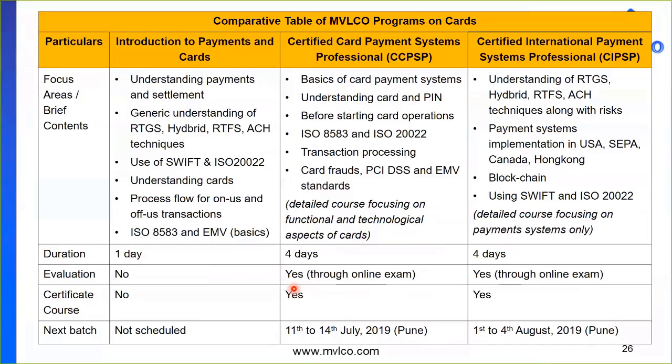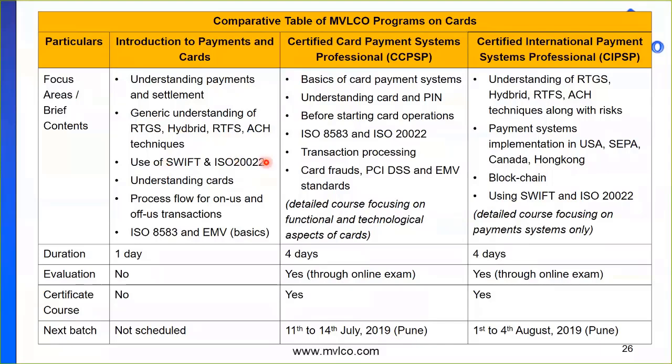So the first one is Introduction to Payments and Cards. It is essentially a one-day program. I believe some of you have already attended that. It gives you a brief overview of what is payment and settlement. It gives you a generic understanding of RTGS, hybrid RTGS and ACH, that is Automated Clearing House. Here RTGS is nothing but a technique for something like IMPS, instant payments, right? Then it also gives you details on SWIFT and ISO 20022, as far as the payments portion is